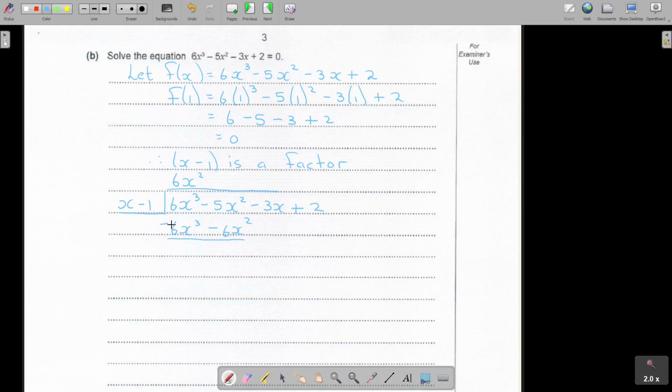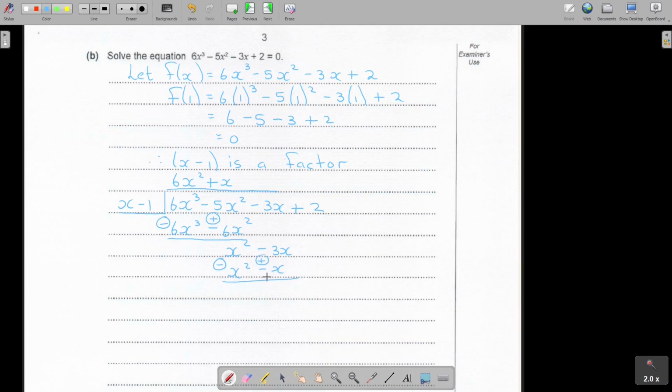Now, I like to change the signs like that. So that cancels, and that is going to result in just 1 x squared. And then I divide, and I get plus x. And then I multiply. Now, you can bring that one already first down. And if I multiply, I get x squared, and if I multiply, I get negative x. And I change my signs.